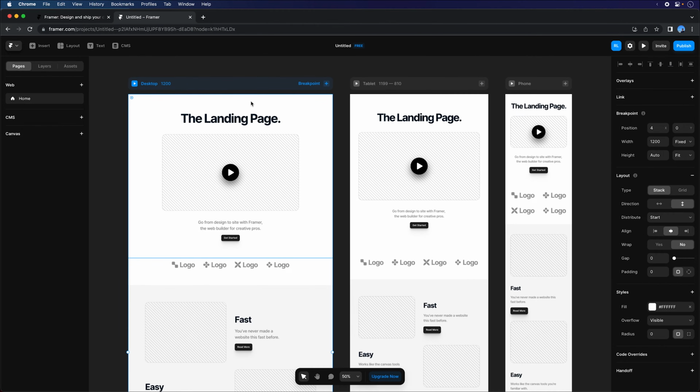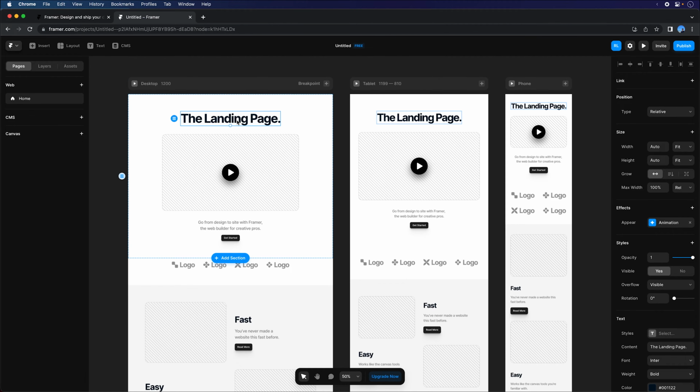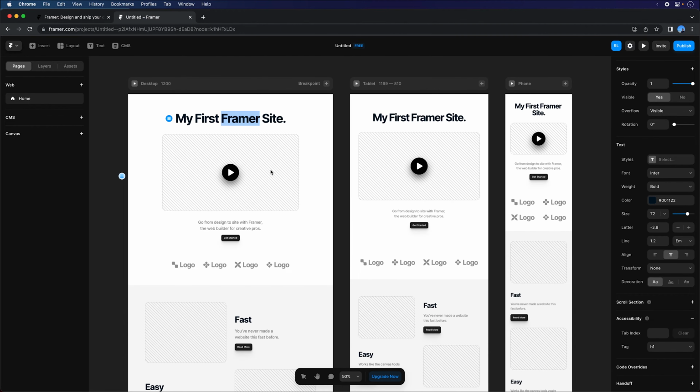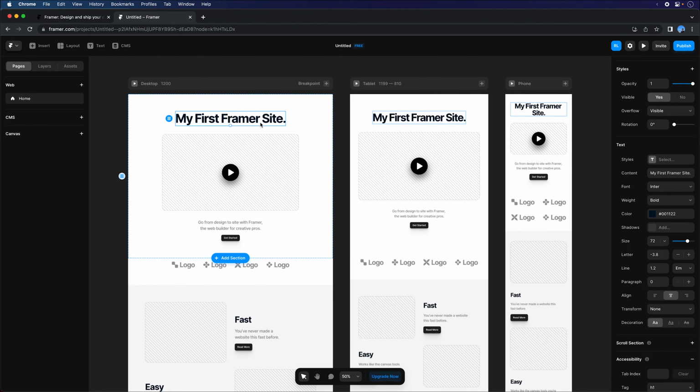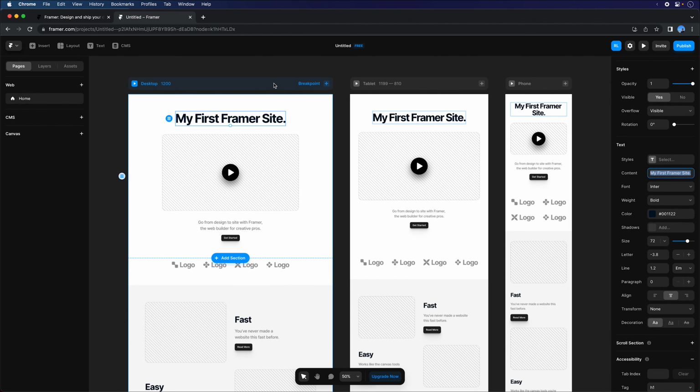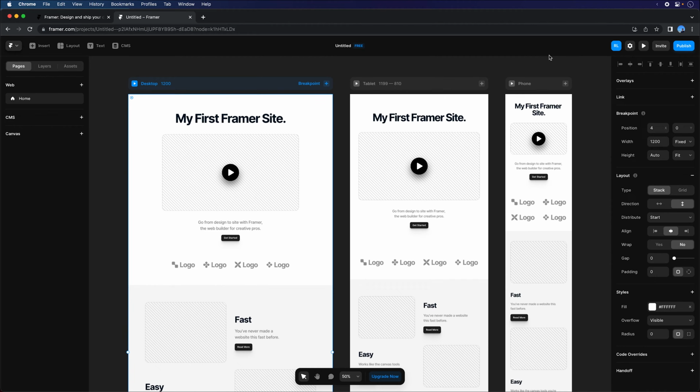Right, so now that I have my page, for this exercise, you just need to make one change as a minimum. So I'll just call this. So to edit that text box, I simply click on it, double click, and I can enter my text. I can also, just by selecting the text box, change the content in the properties panel. Right, so that's my change for my